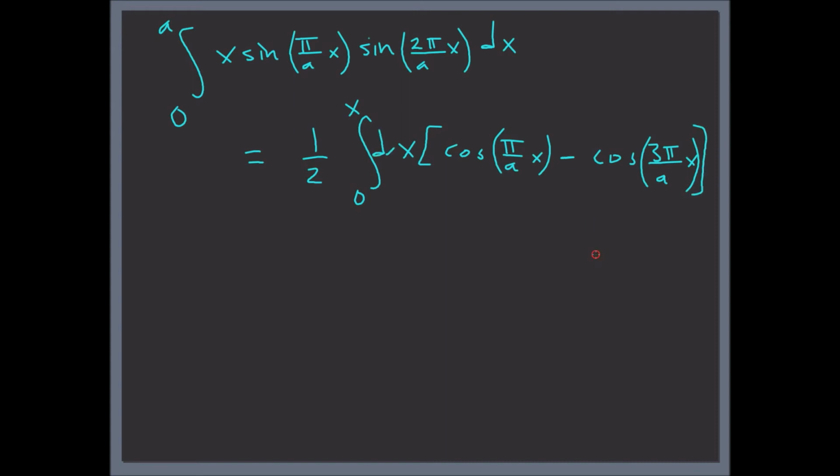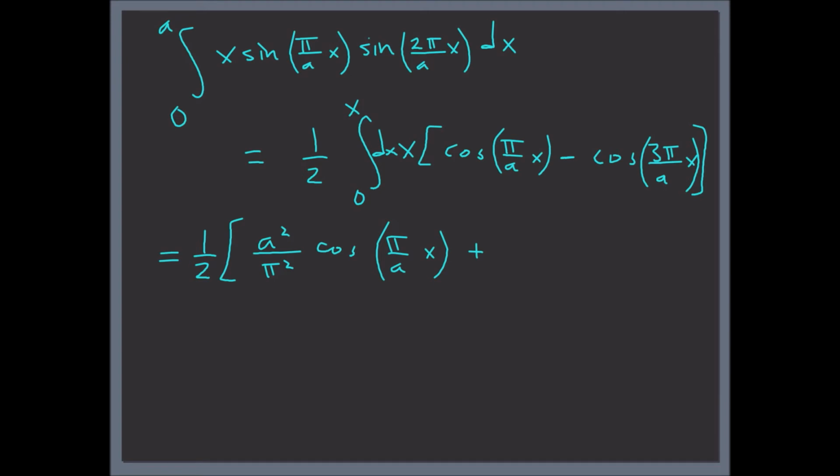Okay, so this gives us 1/2 times a square divided by pi square cosine, because this is like x cosine x and then x cosine x again, so this is an easier integral than the one above. Pi divided by a x